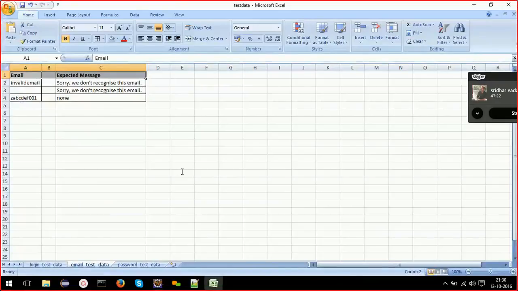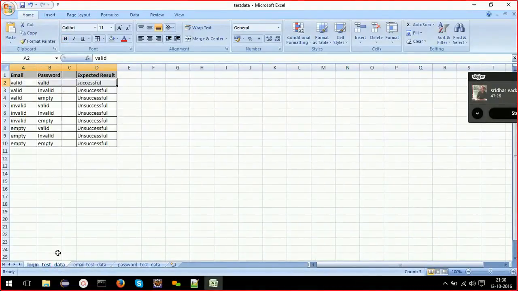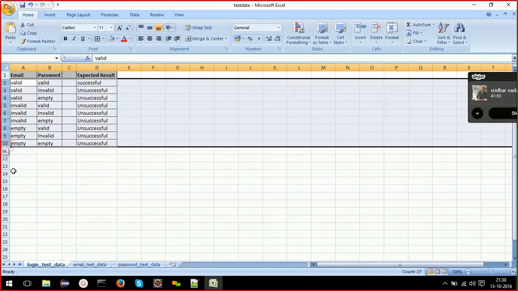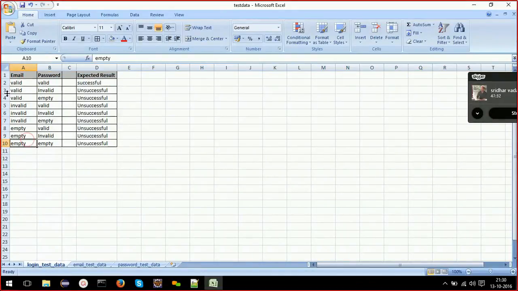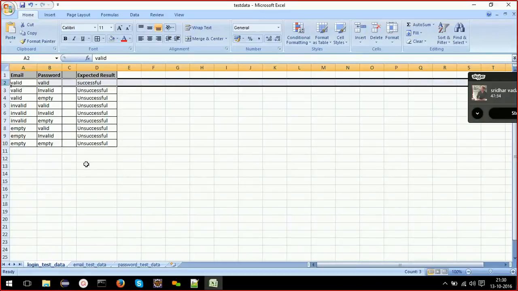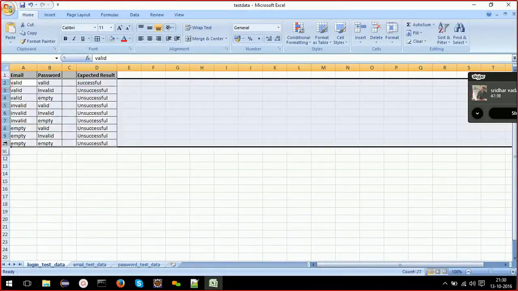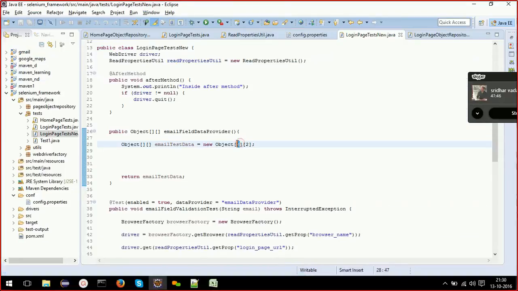Okay, it's very simple. Suppose you are creating a data provider for a test case which has test data like this, then what should be the dimensions of your two-dimensional array? Okay, see, 9 times you need to test, right? So line number 2 to 9, because 9 different test data combinations are there. So the first dimension will be 9.